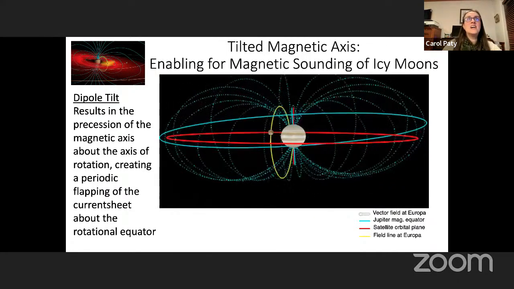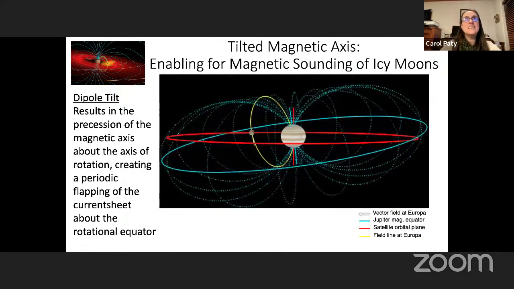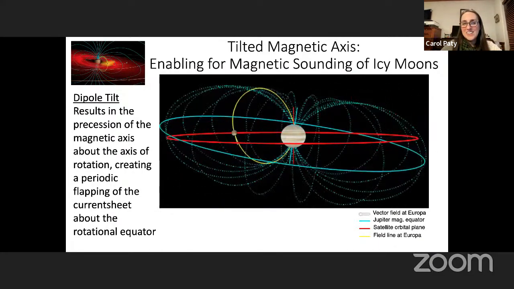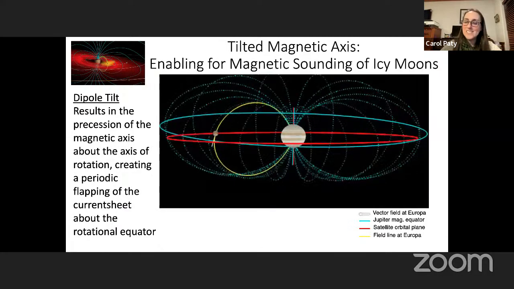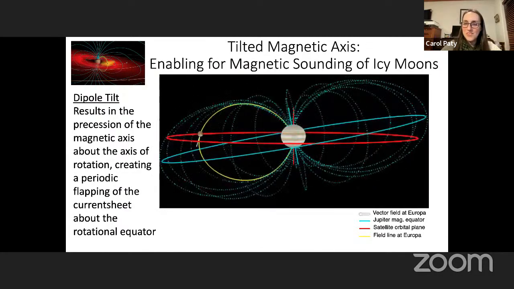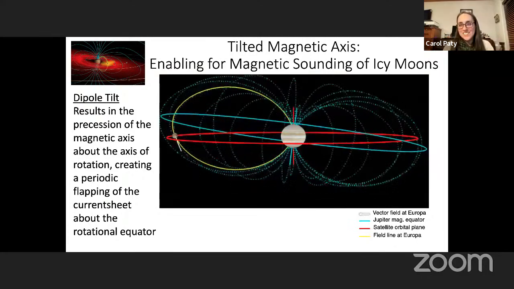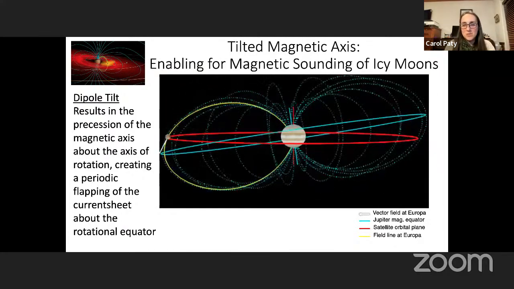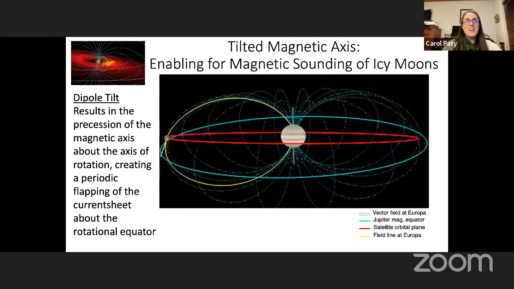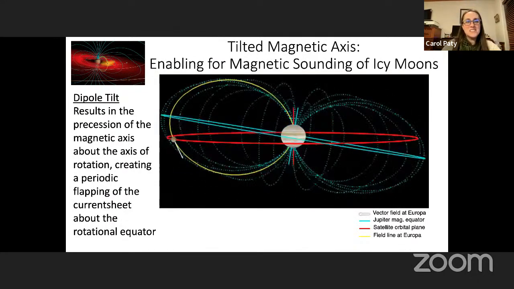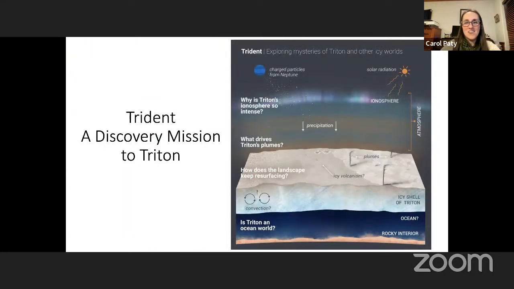But this is not a technique unique to Jupiter, right? It actually totally stinks at Saturn, because the magnetic axis is perfectly aligned with the rotation axis. And it doesn't drive a very nice wave at all. It's perfectly aligned, and the moons don't see much of anything. But what about for these ice giants, right? The ice giants with these really complicated asymmetric magnetic fields, they're driving all sorts of magnetic waves at the locations